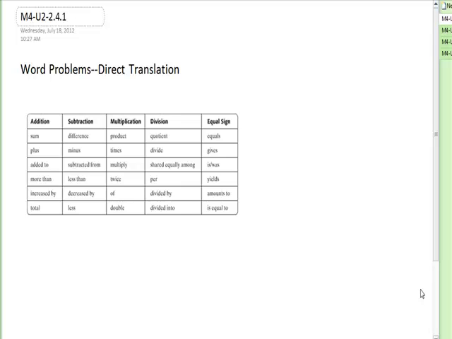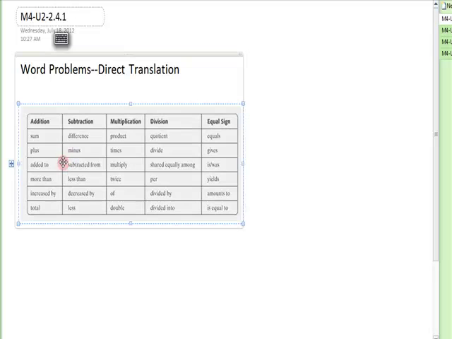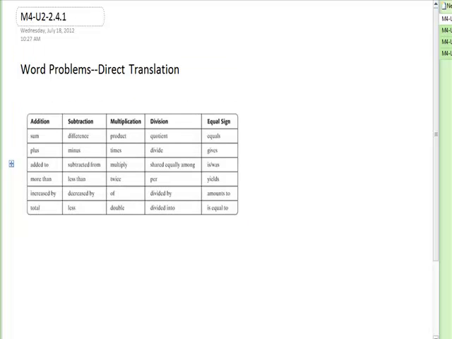In this lesson, we're going to work on word problems. We've already done some translations in a previous lesson, so I went ahead and repeated this little chart that might help with some key words. Something I want to remind you of, don't forget, that subtract from and less than cause you to reverse